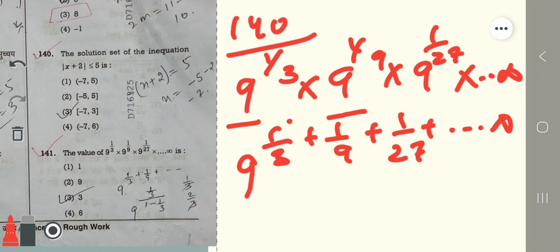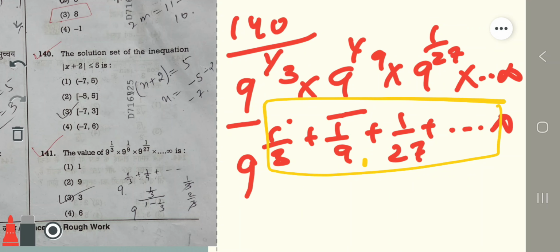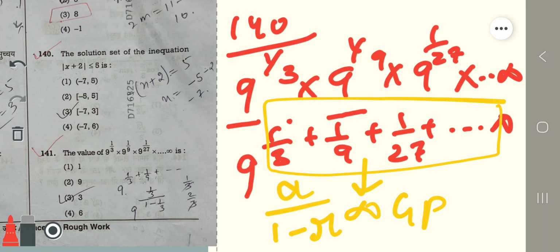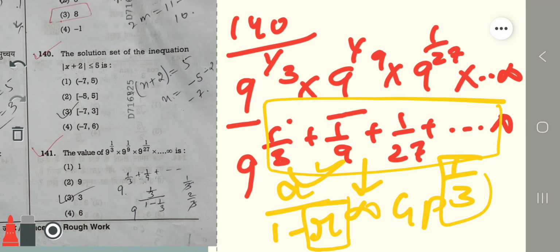And if I look carefully, this is my infinite GP, right? And we have the sum of infinite GP which is equal to a upon 1 minus r whenever r is less than 1. And here r अगर मैं देखूँ कितना है, 1/3, right? So इसमें इसको अप्लाई कर दो